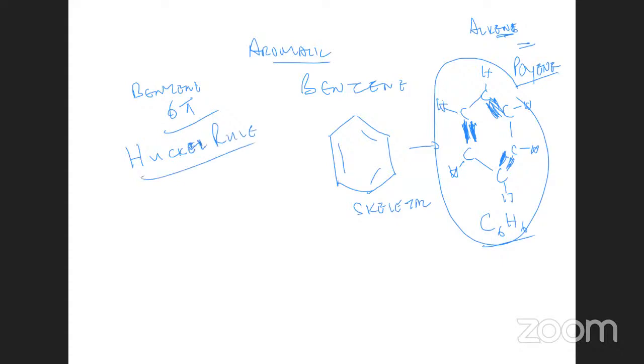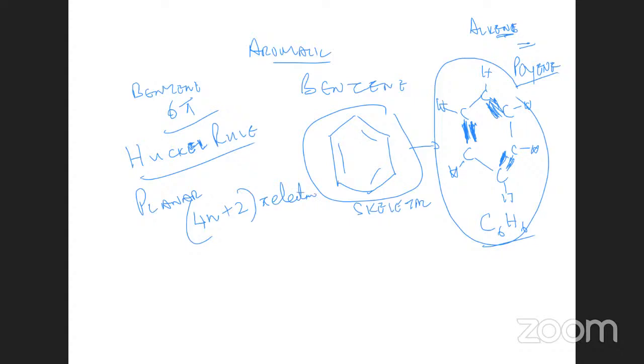And that is given as, for a planar molecule, on the plane like this, on the plane of the paper, 4n plus 2 pi electrons. This formula determines aromaticity of a closed shell,